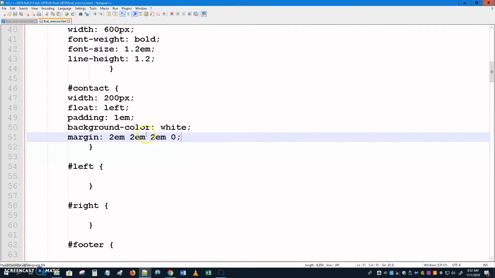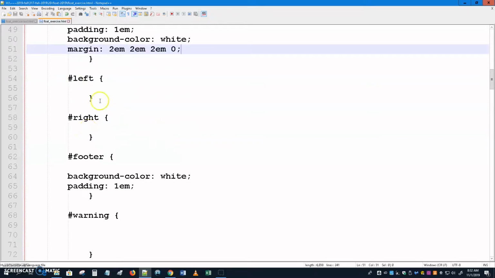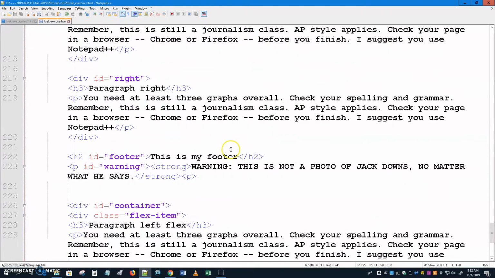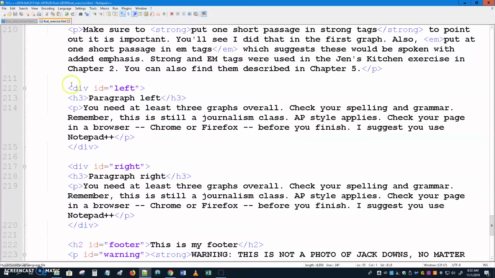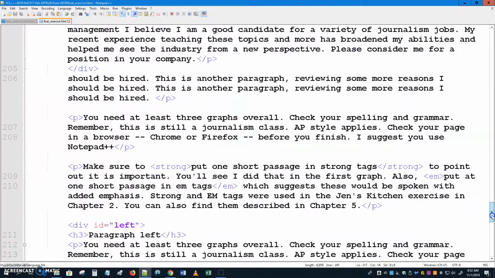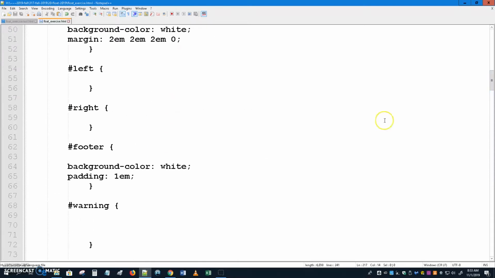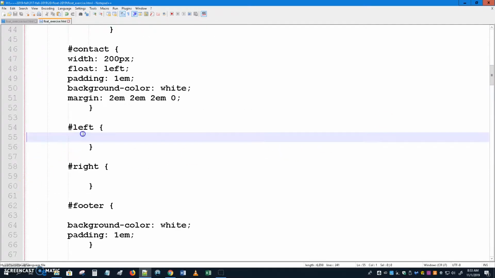I'm going to go into the code again. Now I have this left and right here. Those hashtags are IDs that apply to those paragraphs. Here it is. There's a paragraph with a div of left and one with a div of right. So here I am in left and right again. Plain old left and right. Here we are. So let's give them each a width